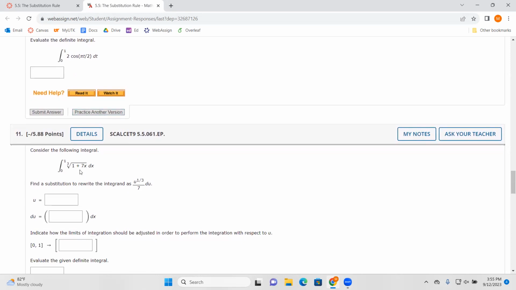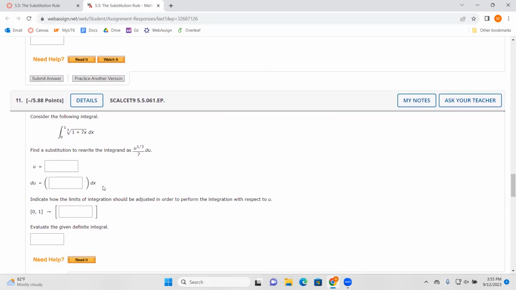Looking here, they're suggesting to write the original integral as something to the 1/3 power, where that something is 1 plus 7x, which can take the role of our u. Now, the bounds were initially along the x-axis between 0 and 1, but along the u-axis, if u is equal to 1 plus 7x, then x being equal to 0 will correspond to u equals 1, and x being equal to 1 will correspond to u equal to 8, because 1 plus 7 times 1 is 1 plus 7, which is 8. So our bounds should go between 1 and 8 instead of 0 and 1 once we adjust in terms of u,